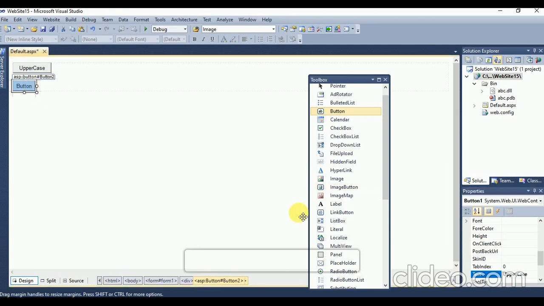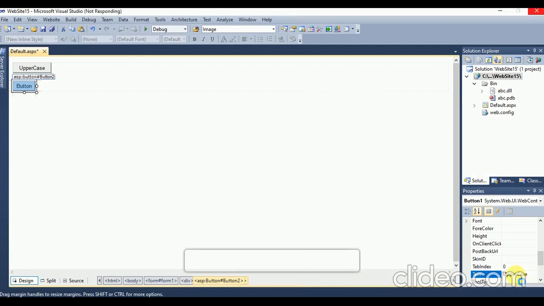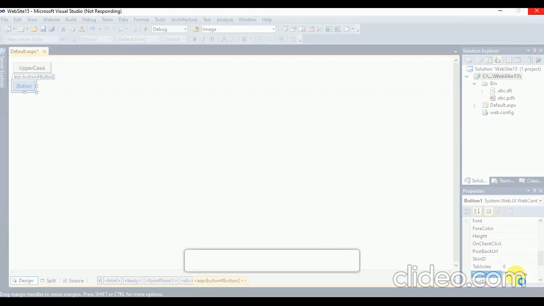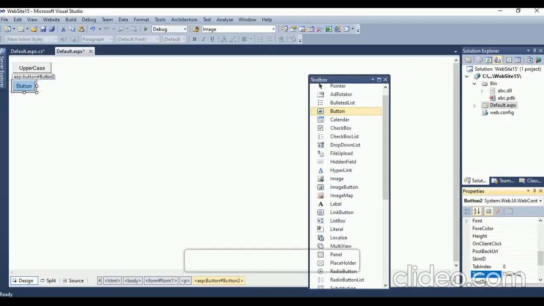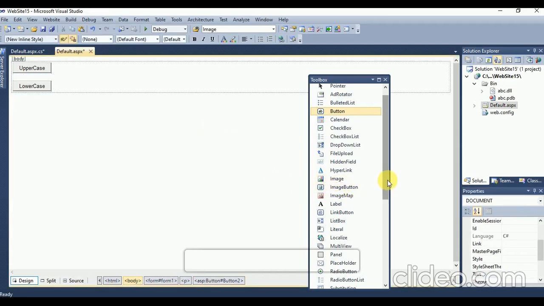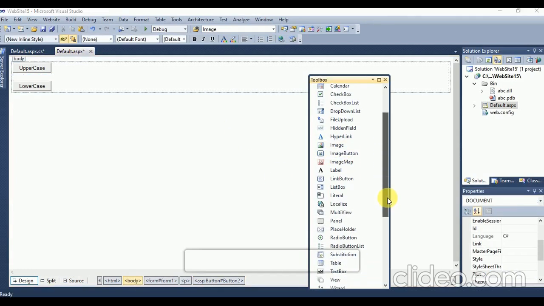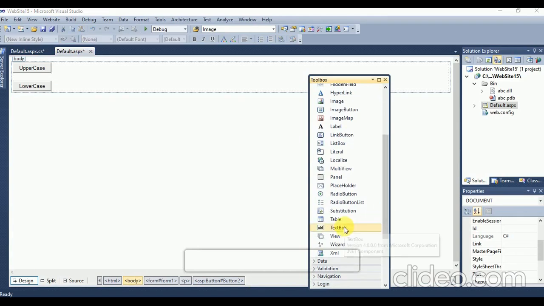Double click on button 2. Change text as lowercase. Now take one text box.